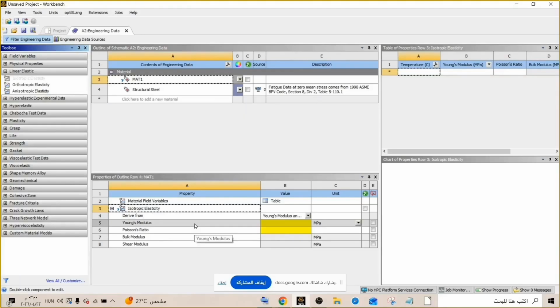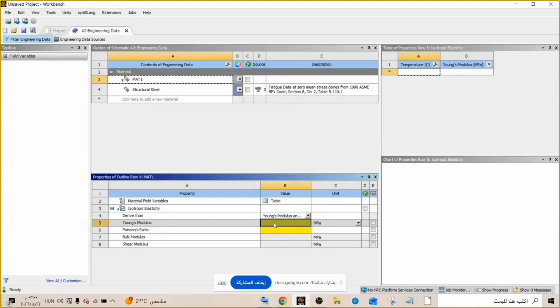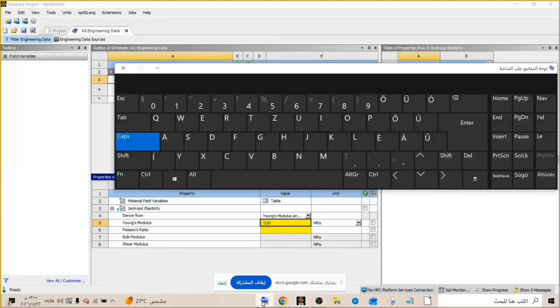Now you can see we need to provide two inputs, the Young's modulus and Poisson's ratio. So the first one is Young's modulus.